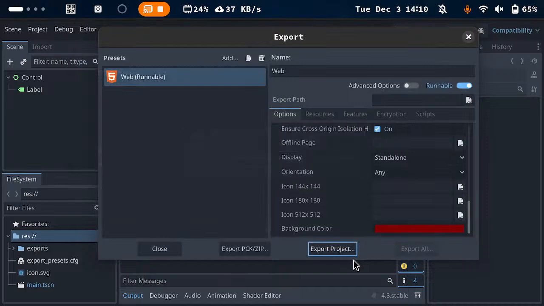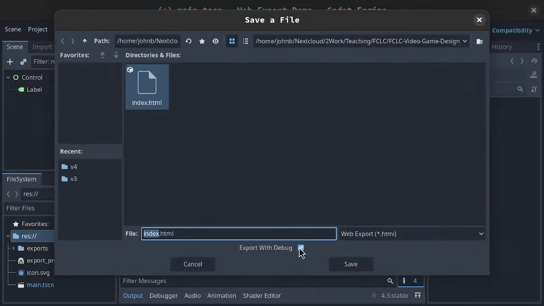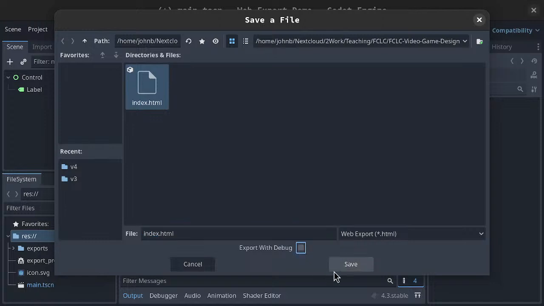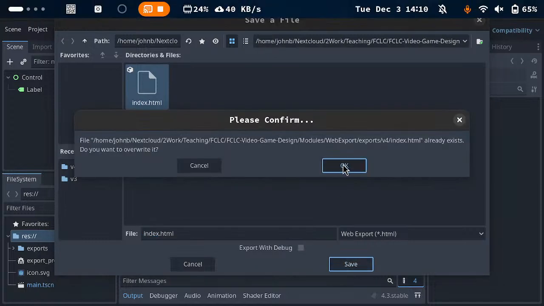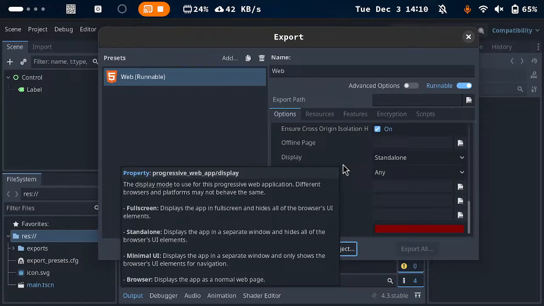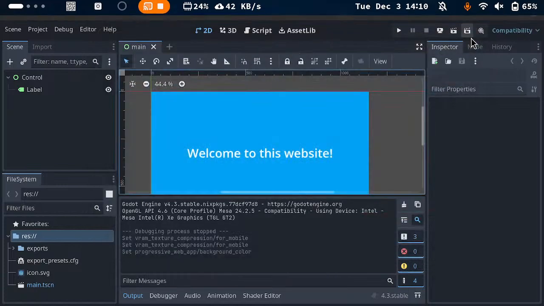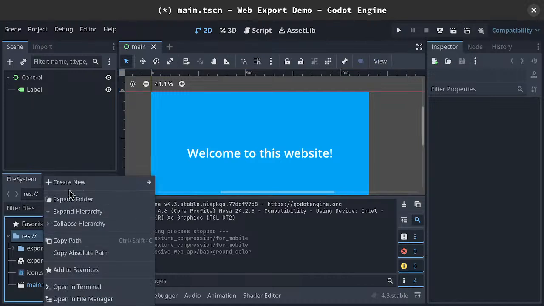Then you just hit save, and I think I actually just did it. Yeah, I just did it. I'm going to actually untoggle the debug. I'll hit save and OK. And then this is a very small project, so it happens very quickly. But what you'll see now is if I open up this folder,